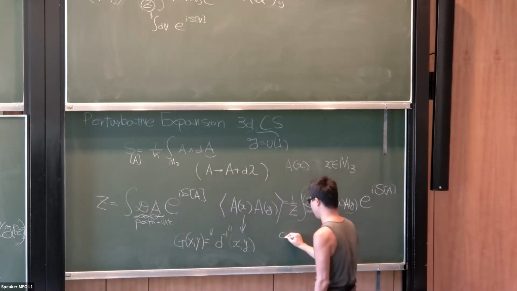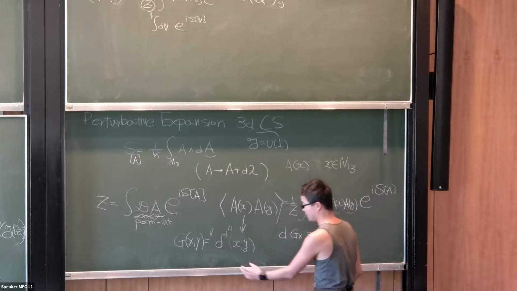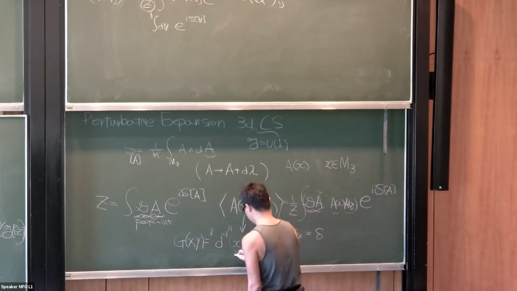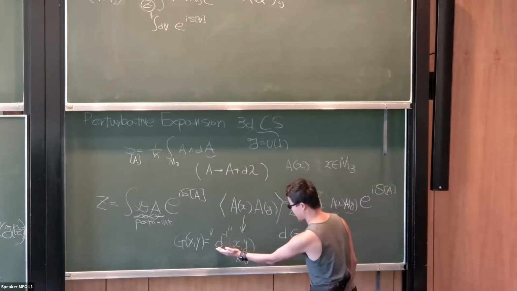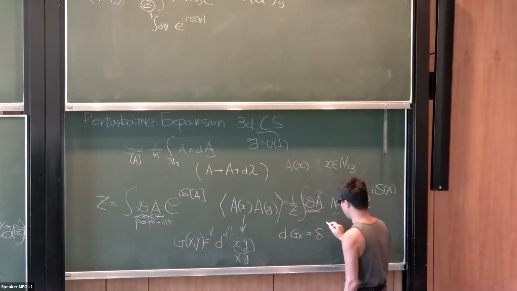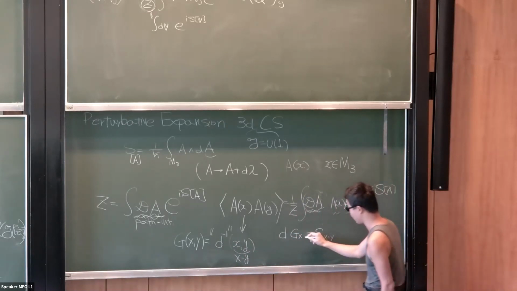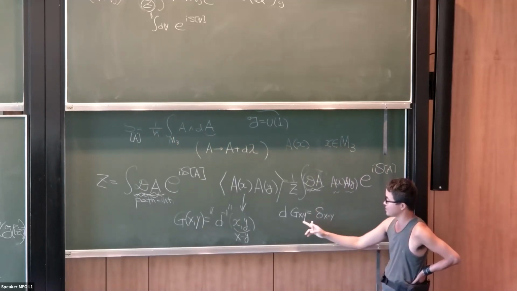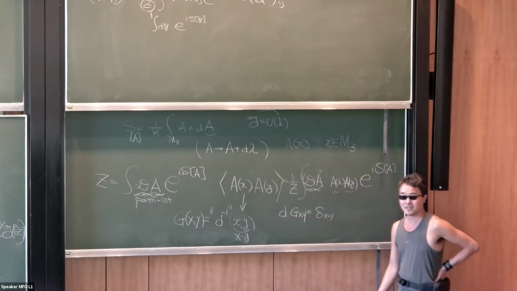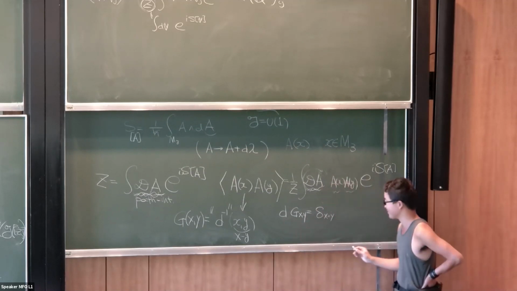And this object satisfies the equation: first of all, it depends only on the difference. And it is an inverse, so if you apply the differential, you get the distribution located at x equals y. This is highlighted as a 3-form, this is a 2-form, and this is the 1-form derivative. It's actually an undergrad physics problem to write it down.